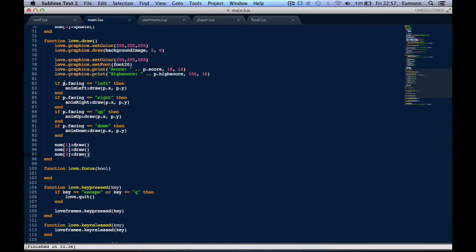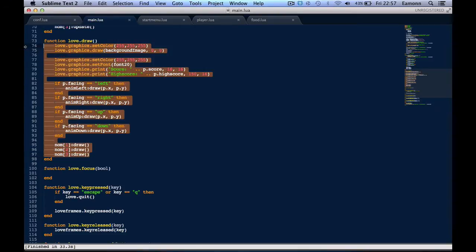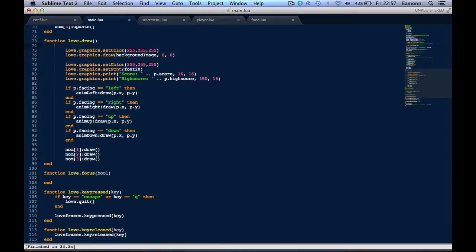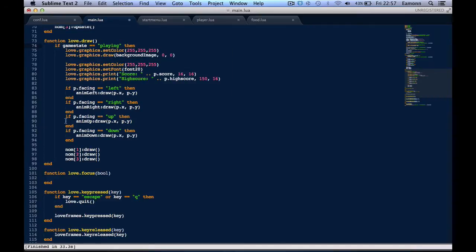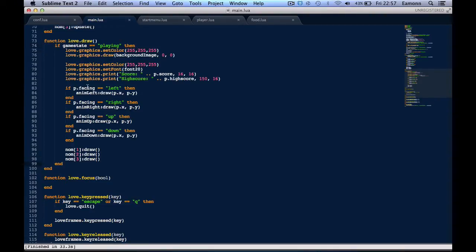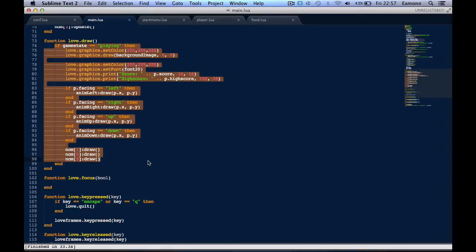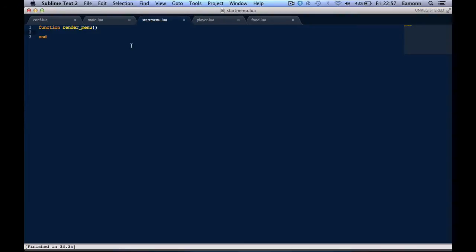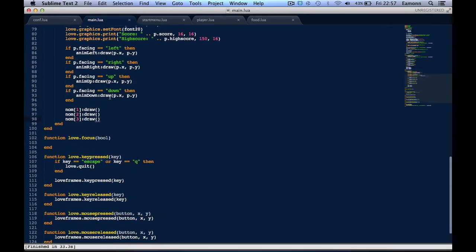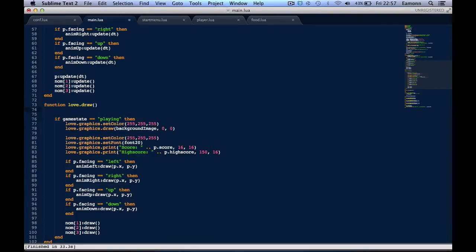Draw is really the only place that matters, but one thing we're also gonna do is indent all of our draw code and say if game state is equal to playing, then. What this does is run all of this code only if we're in the playing game state, and we can set that with loveframes. Wait, else if game state is equal to start menu, then